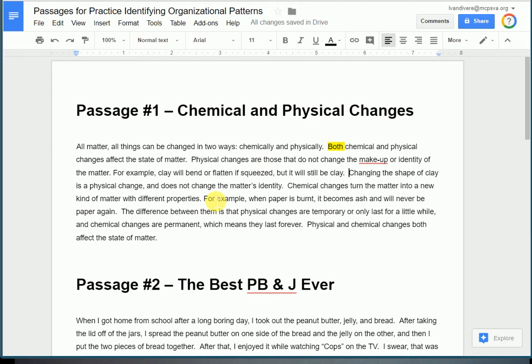Both chemical and physical changes affect the state of matter. Physical changes are those that do not change the makeup or identity of the matter. For example, clay will bend or flatten to squeeze, but it will still be clay. Changing the shape of clay is a physical change and does not change the matter's identity. Chemical changes turn the matter into a new kind of matter with different properties. For example, when paper is burnt, it becomes ash and will never be paper again. The difference,